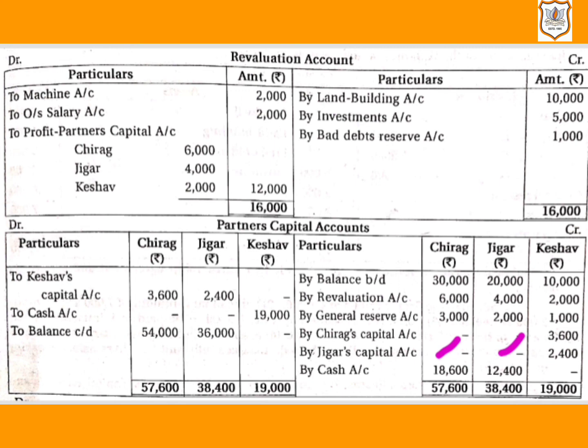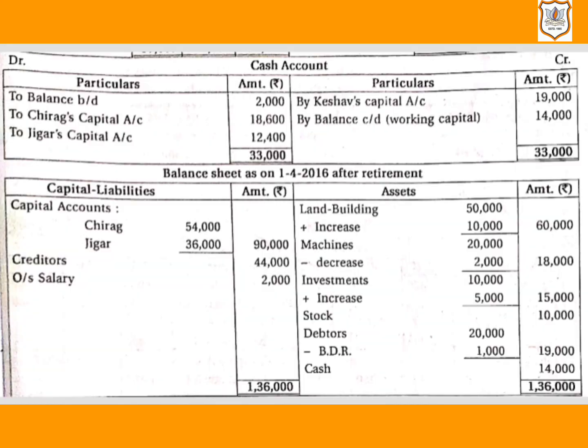And as these are the amounts which are brought by continuing partner in cash, that means here our firm's cash balance will increase. So these amount will be recorded on debit side of cash account. Here it is to Chirag's capital account 18,600 and to Jigar's capital account 12,400. Now here your balance sheet will be tallied with the amount